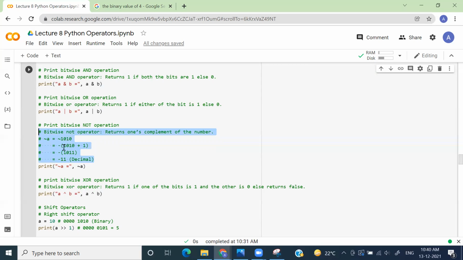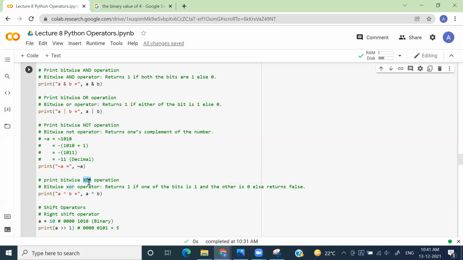It is fine if you don't understand the NOT operator in a very concrete way, because it is something you're not going to use very often. At least I haven't come across situations where I had to use the bitwise NOT operator. You use bitwise AND and bitwise OR more. Bitwise NOT is not used often, unless you are a digital electronics person, because those are the people who use these kinds of operations in their work.